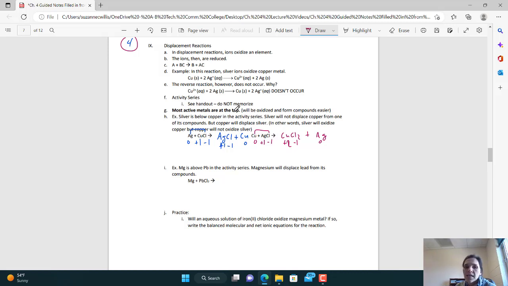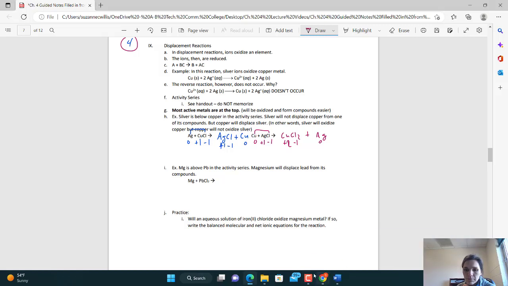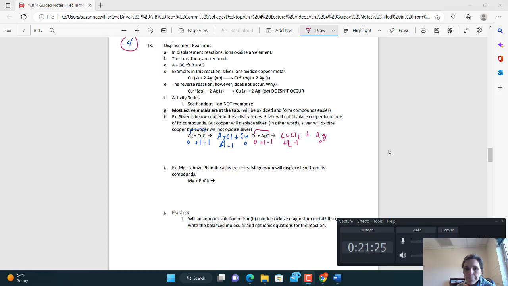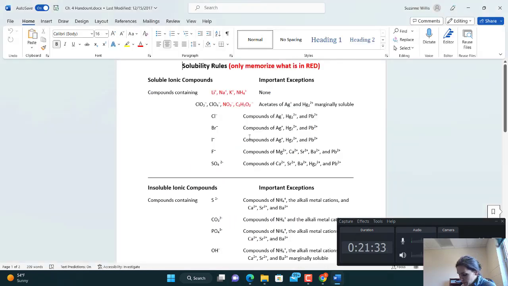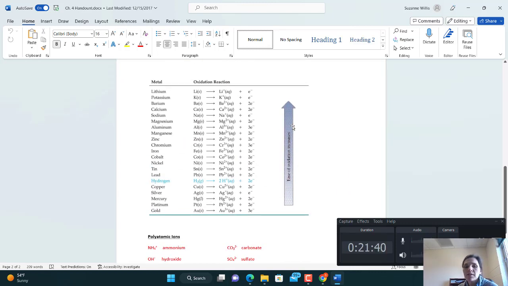Now we've got to use this thing called the activity series, okay? So we have activity series. Let me pull this up for a sec real quick. Okay, so here, let's pull up the activity series. And these are found on Moodle on your Chapter 4 handout. So here's solubility rules, and then here we get to this thing called the activity series. You do not have to memorize this. It's something that you could always find if needed, and you'll have it handy